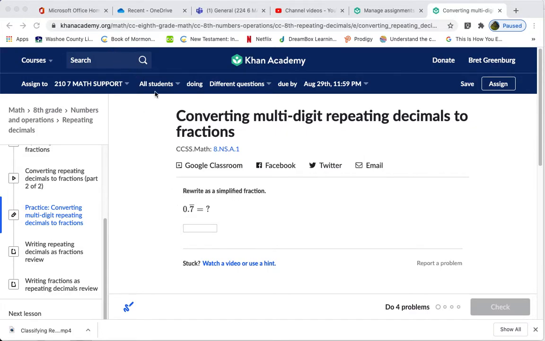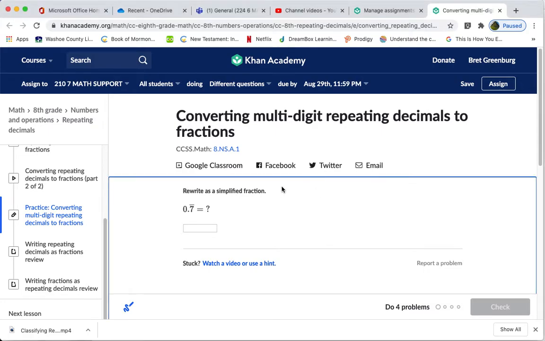But here's just some walkthroughs. And we could do this the slow way or the long way. We're just going to use the shortcut. We know that if we have a repeating decimal, we write